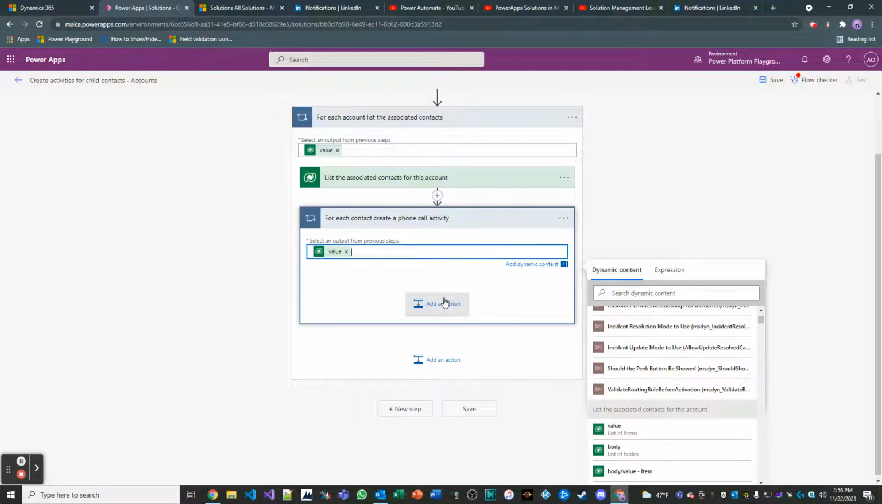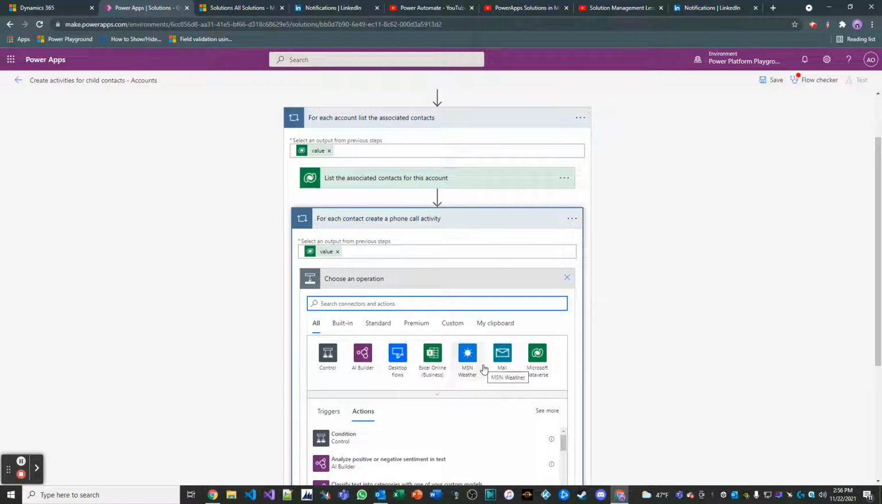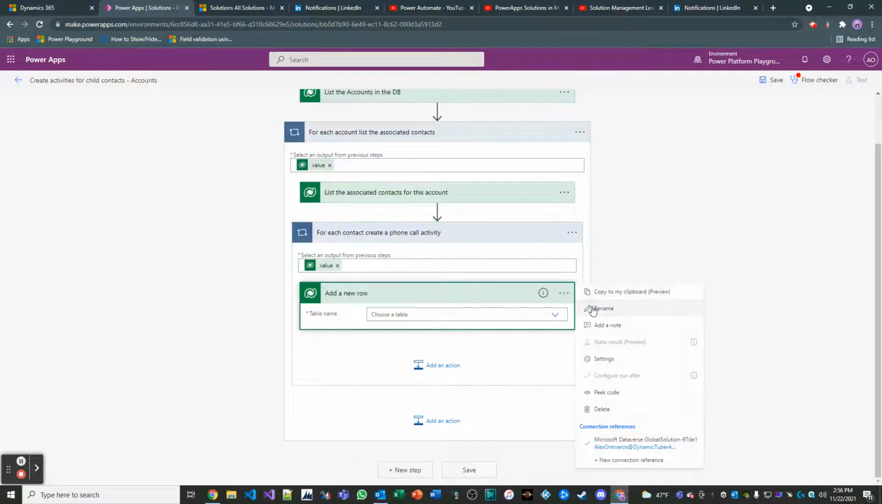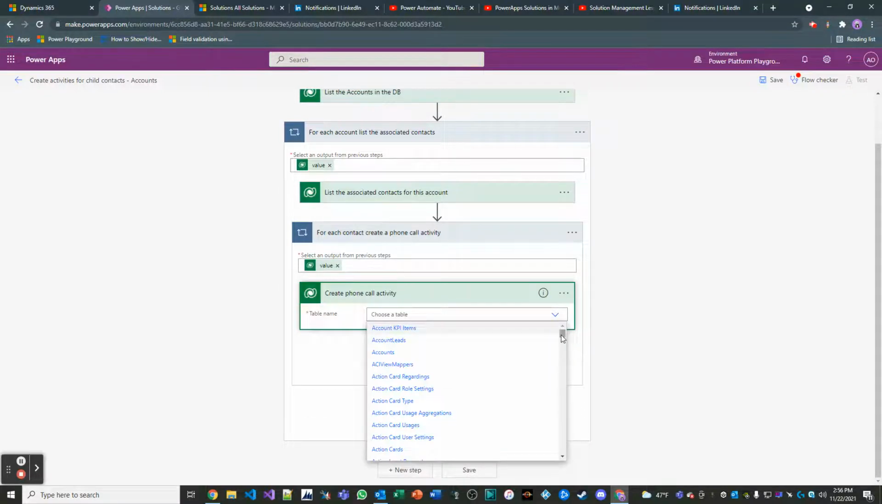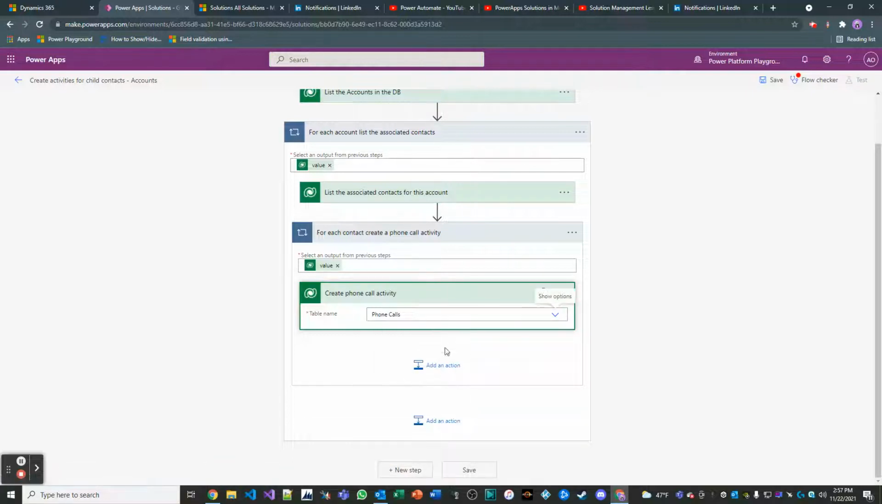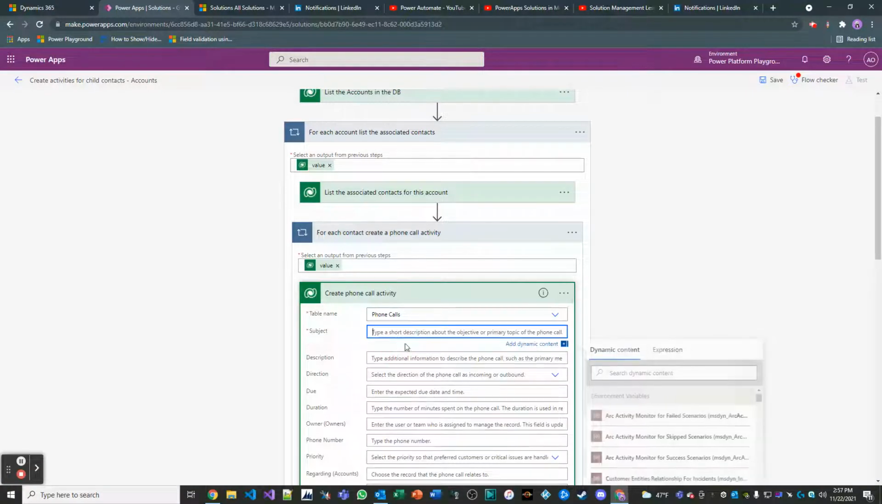So next thing I'm going to do here is inside this for each, I'm going to add a new row. Let's add a new row. And we're going to say create phone call activity. So let's just scroll through here and find phone calls. Okay. Now we got to be careful here. So the subject will make it dynamic. Phone call activity for,